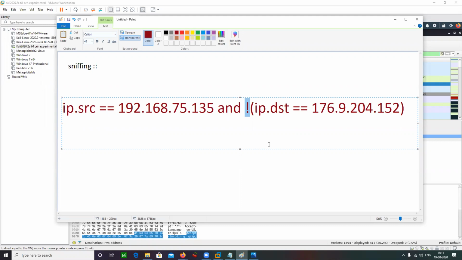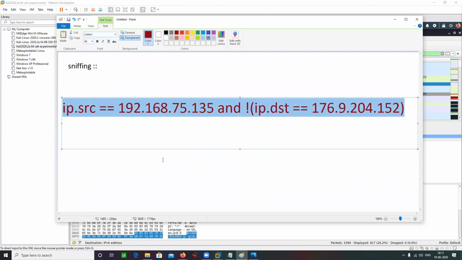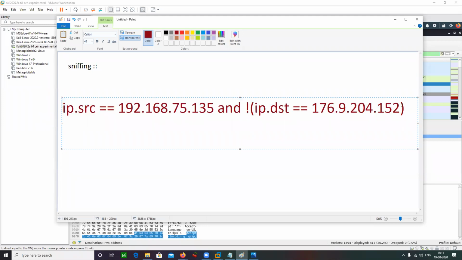True input, output is false. What I'm saying is, what kind of packets are going to be displayed if I use this filter in a single line?